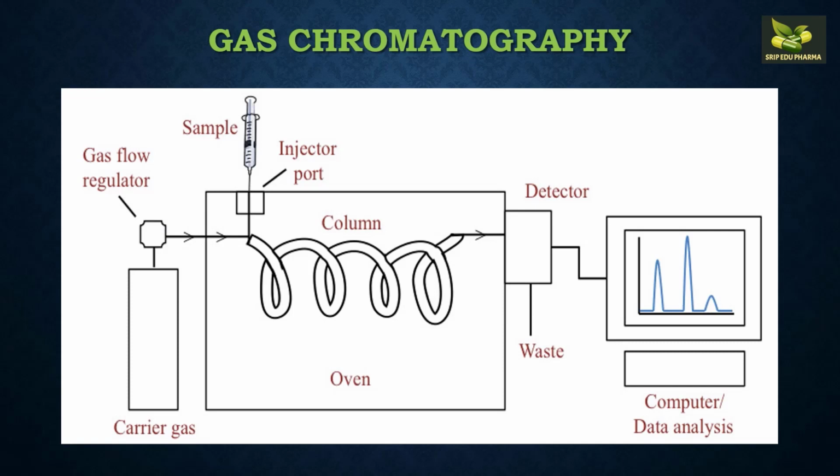Now in this column, the stationary phase is properly packed. The stationary phase uses a solid material properly impregnated with a liquid layer, for example, Kieselguhr with non-volatile liquids. This type of stationary phase is packed in the column. There are various types of stationary phases available, like polydimethyl siloxane, but the temperature required is 350 degrees centigrade in the oven.